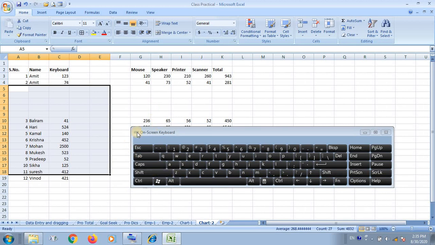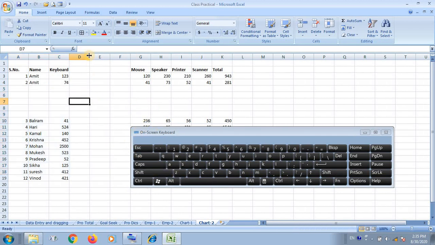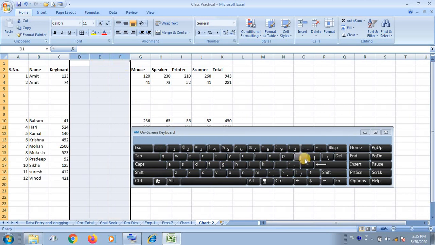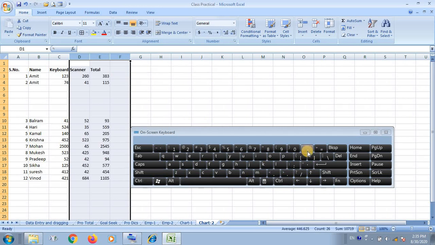And now come to the point. If I again want to delete, we can delete it in this way, by holding the control and then the minus key. Okay, you are looking here, the column has been deleted.